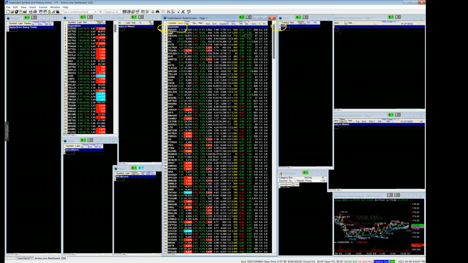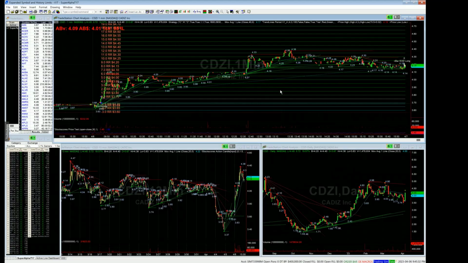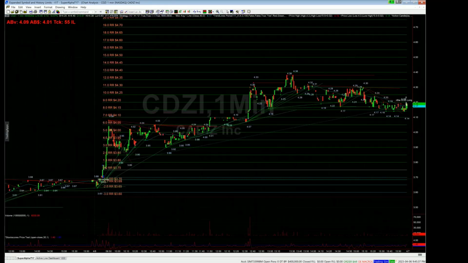So the computer does most of the work for us. You see these numbers here in this window, or this part of the window. Those are the reward for risk amounts. So if I click on CDZI, it should update it. There we go. So CDZI made a pretty good move today. One of the entry signals today was, well, there was one right at the open, but there was another one later on right here. So buy there, it goes up for a while. The liquidity on this one wasn't great, but that's all automated by Tradestation.